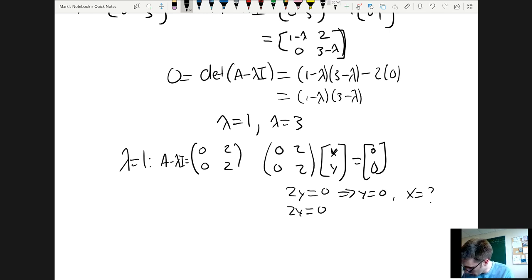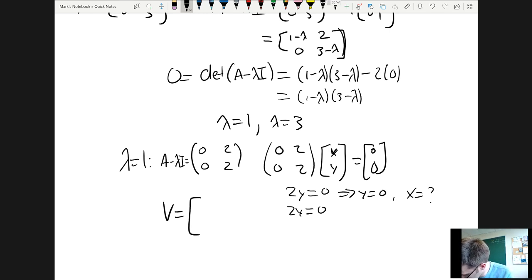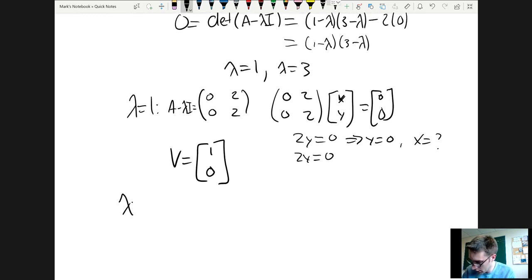All right, so our eigenvector must have the form, there's some x, which let's just pick an x value of 1 to make things simple, and then the y value must be 0. And then for lambda equals 3,